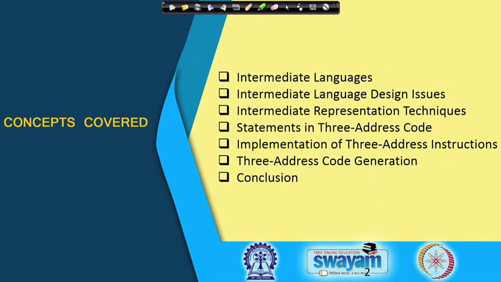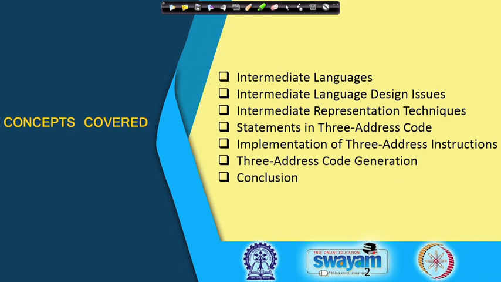Whenever I say this, language design issues will turn up, like what types of statements I should have there, what the complexity of expressions will be, whether you have a loop, a case statement or switch case statement, or if-then-else, or function calls. Do you have pointers? All these issues will come up. So we have to address these things: if we say we will be generating code in some intermediate language, then the structure of that intermediate language has to be told.